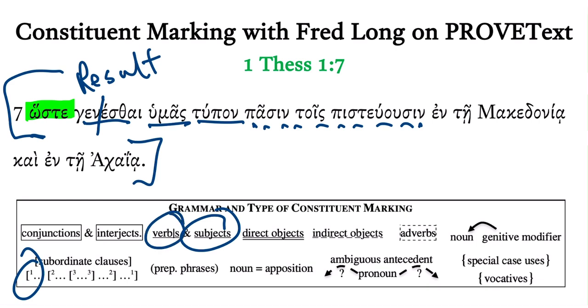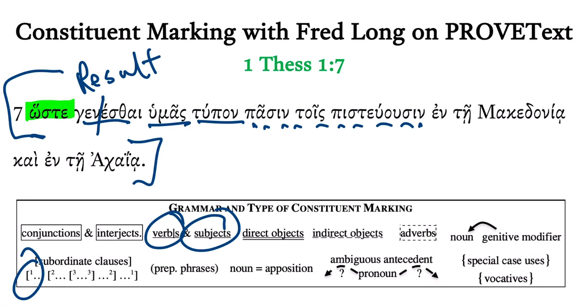And then predicate nominatives, since they're equated with the subject, they also get a single underline. So typon means a type, an example. So that you became an example. All right, so that's how we'd mark it up, is single underline genesthe, humas, and typon, and then we come